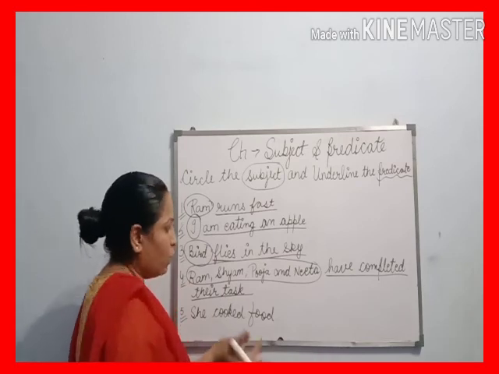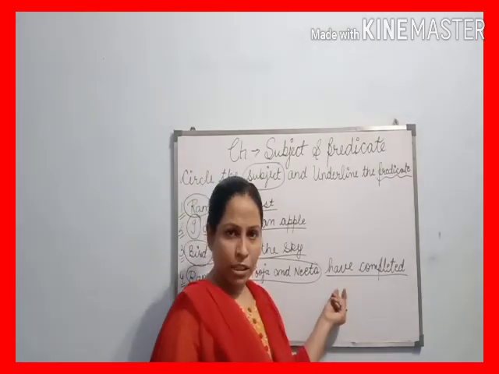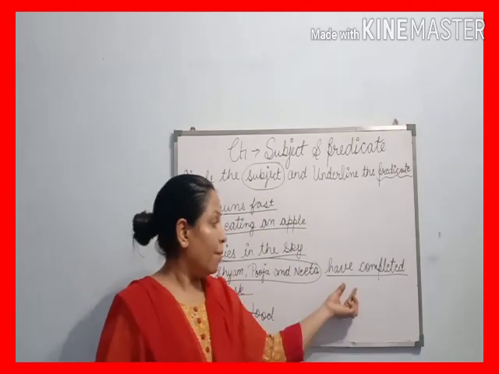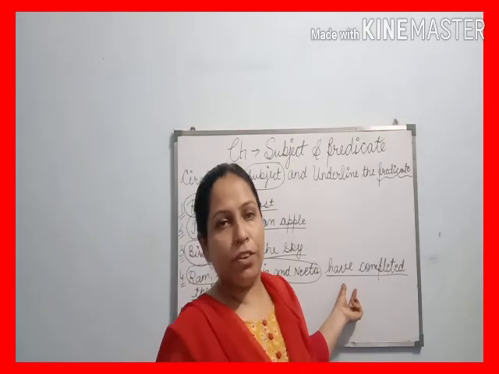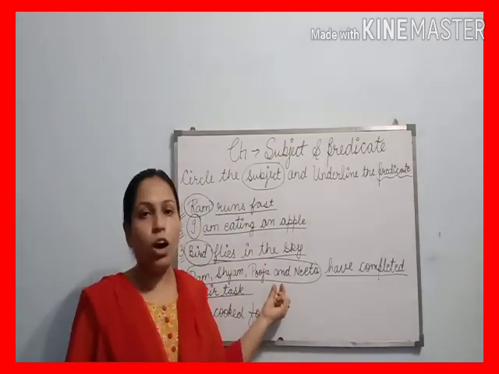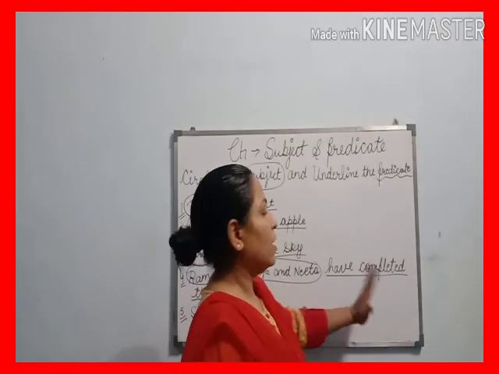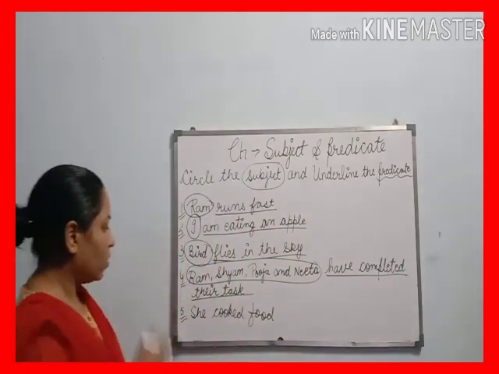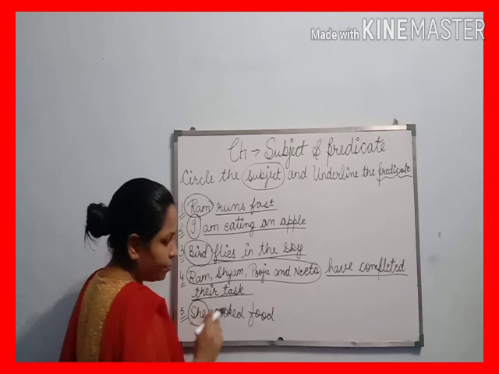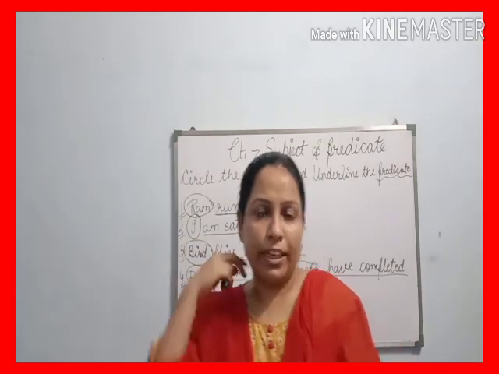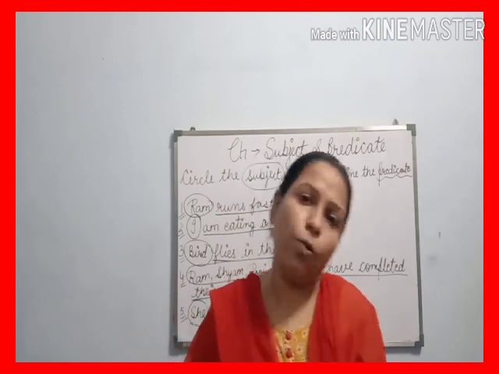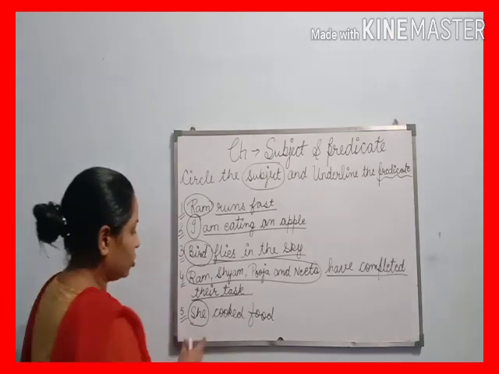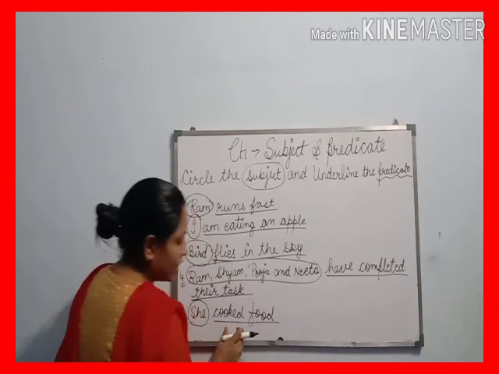So very easy. If you want to learn, before the auxiliary verb and principal verb, the whole group of words is called subject. Again I am repeating, before the auxiliary verb or principal verb, the whole group of words is called subject. And after this, the remaining part is called predicate. So have completed their tasks is a predicate. Now come to the next. She cooked food. As you know, I, we, you, they, he, she, it, any name, singular noun and plural noun, these all are subjects. So in these types of sentences, you can easily identify that she is a subject and cooked food is a predicate.